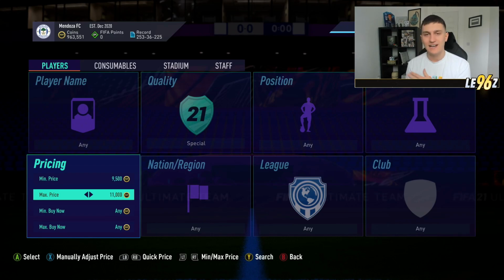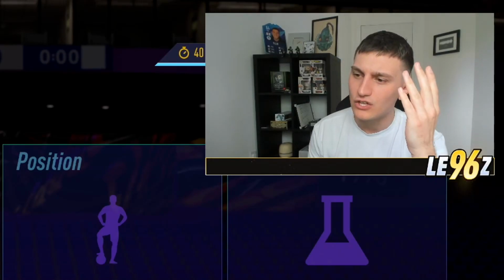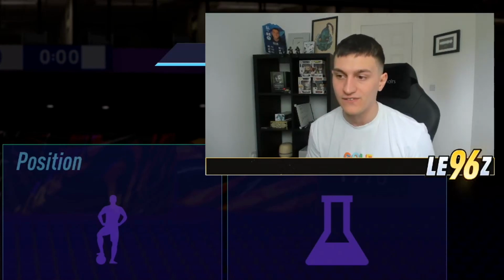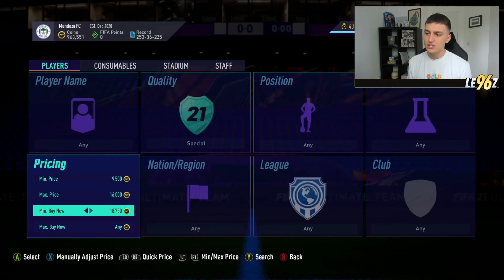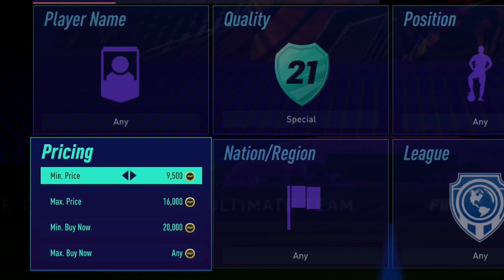And to be honest with you, I really didn't think that someone might not be able to get to the 59th minute on PlayStation. So I'm just going to show you how you can set up a filter, and then hopefully that will help you the tiniest bit more. So the thing is, with any filter like this, you just need to get to the 59th minute. These prices here are largely irrelevant. The only one that you really need to be bothered about is this min price at 9,500 coins